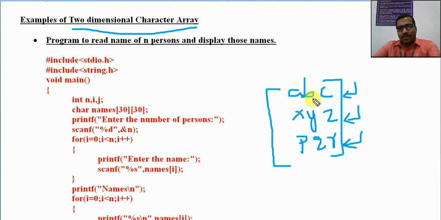Also remember that if you are asked to enter the names of various persons, the number of characters won't be the same. One person will have 5 characters, like Raju, for example. Then the next person will be like Shahrukh.